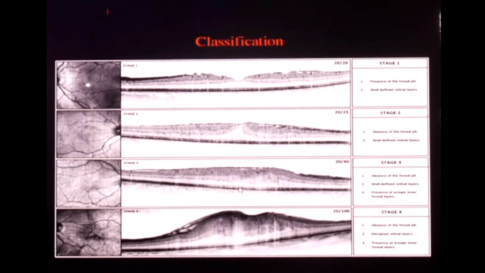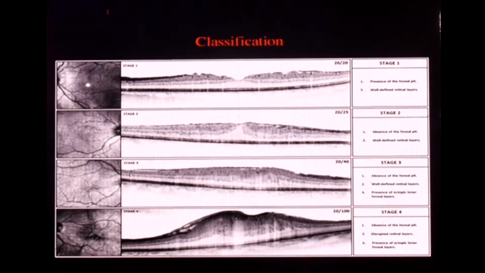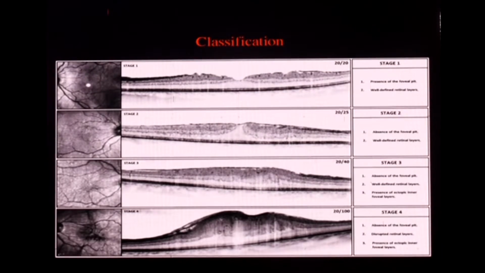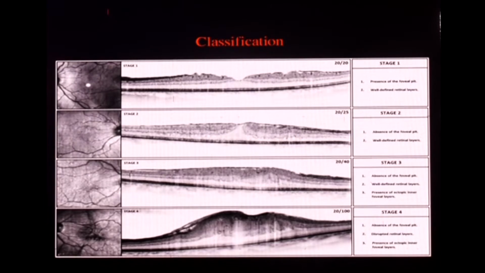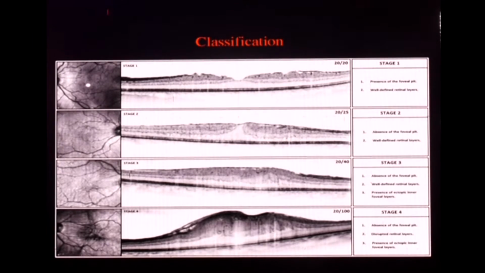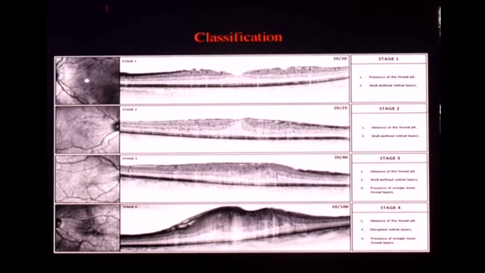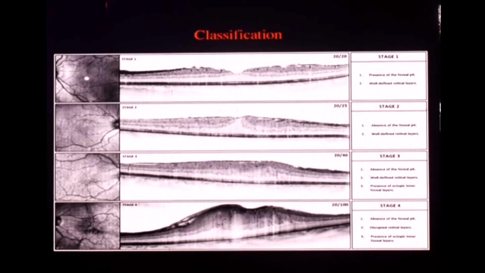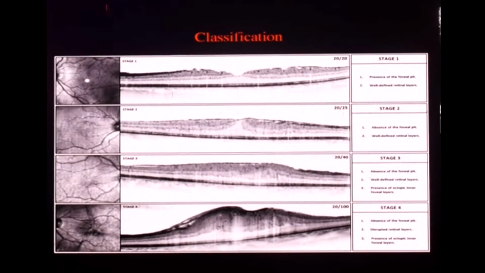Now, based on this, the authors have staged epiretinal membranes into 4 stages. Stage 1 has an epiretinal membrane with an absolutely preserved foveal architecture. In stage 2, there is elongation of the outer nuclear layer and the foveal dip is absent. In stage 3, you have these ectopic layers coming up and the retinal layers can still be distinguished. In stage 4, you have the ectopic layers, but there is disruption of the retinal layers and you cannot make out the retinal layers very clearly.